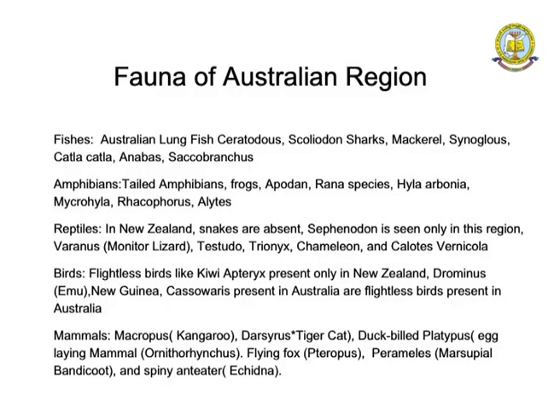And when we have a look at the reptiles, we find monitor lizard, calotes, chameleon, and among the tortoises we find testudo, and sphenodon is found in this region. So we find a number of tailed amphibians, apodon, rana species, hyla, the toads found in this region. So making it very specific in the Australian